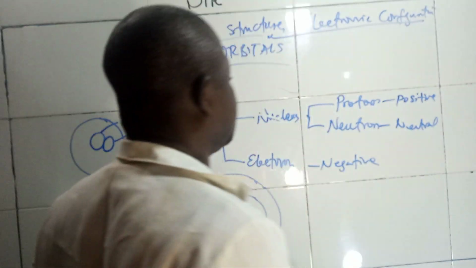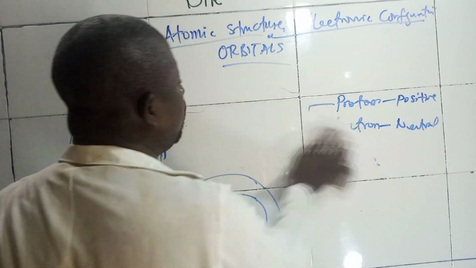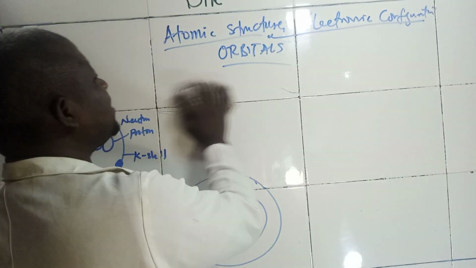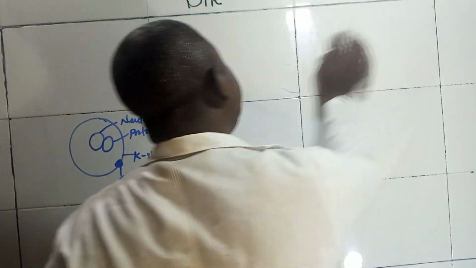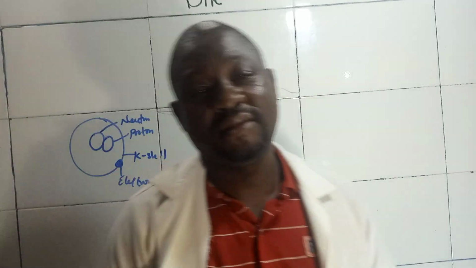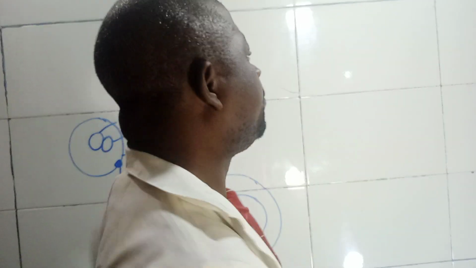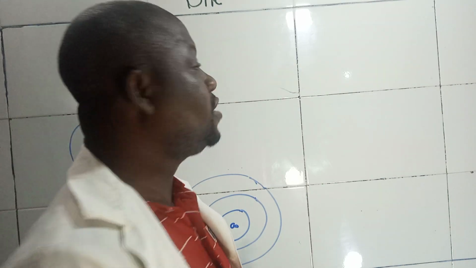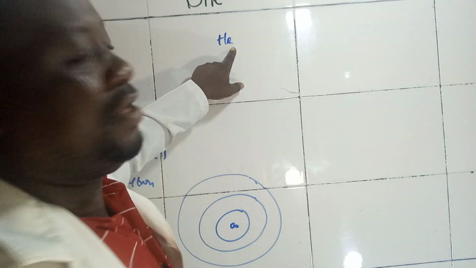or the element. For instance, like I told us in our last class, we have over 103 elements scattered everywhere. But scientists came together and grouped these elements based on their atomic weight. Based on their weight, I will still be talking about mass number very shortly. So hydrogen is very light compared to helium, compared to lithium, compared to beryllium, compared to boron, compared to carbon. For instance, like I said, we can have helium, which is He.